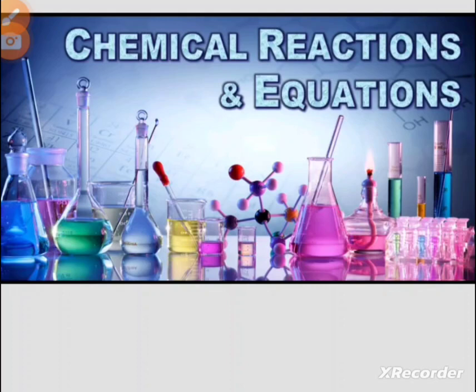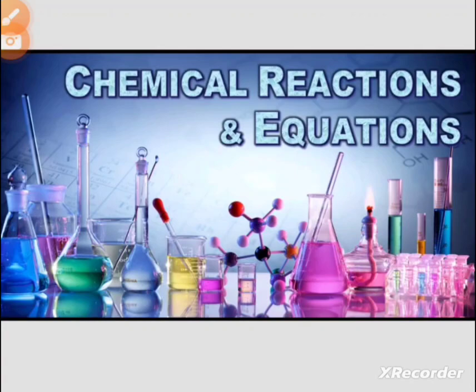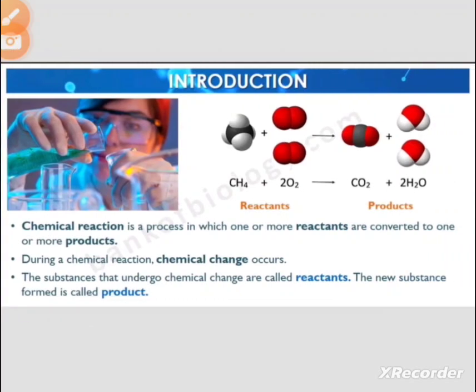Now, what we will have to study in this chapter are reactions and equations. As we know, some reactions occur naturally in nature, but how do we represent them? What is the reactant and what is the product there? So, we will study that in this chapter. Let's start our chapter with a basic introduction: what are reactants and products, and what does the arrow signify